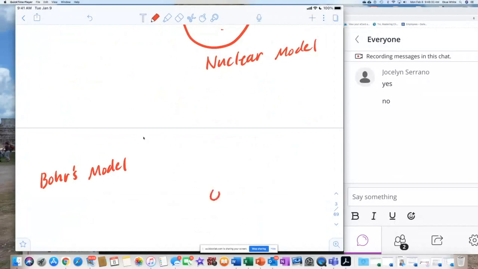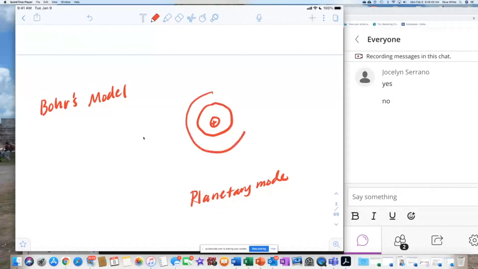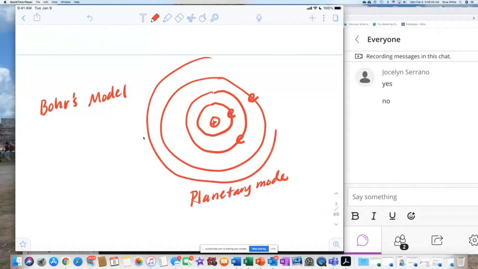You do have a nucleus, and this model is called the planetary model. So you have the nucleus in the center that's positively charged, and then you have electrons orbiting around the nucleus in specific orbits. So I'll put E for electrons. You have electrons in the atom orbiting around the nucleus. So I'm drawing these right here. Okay, and so this tends to be the most common or the most popular model of the atom, and scientists